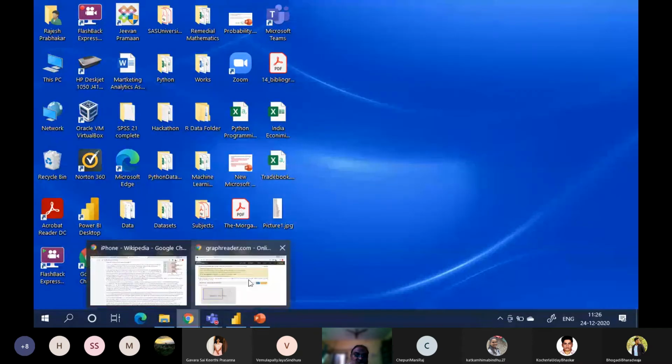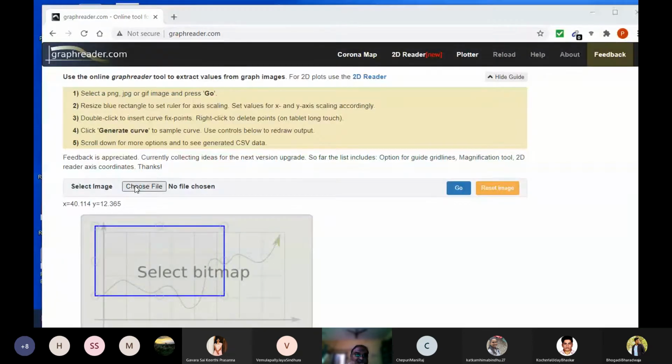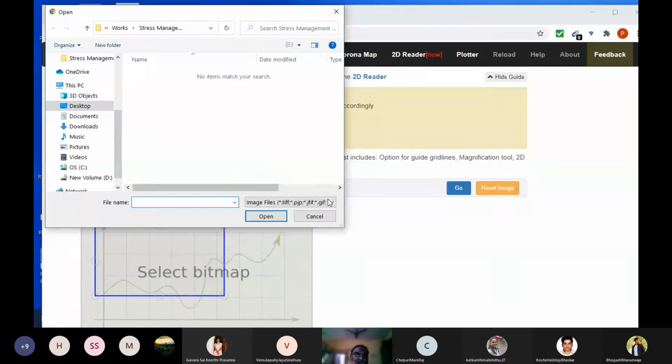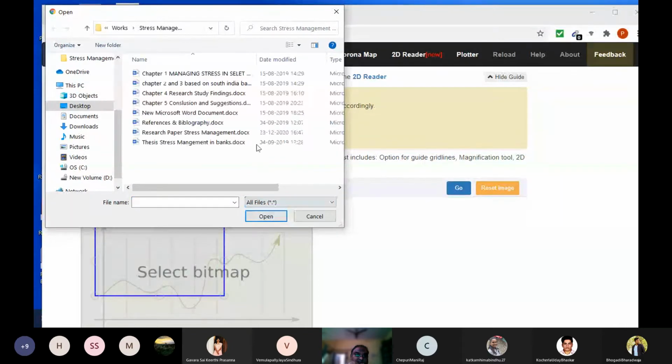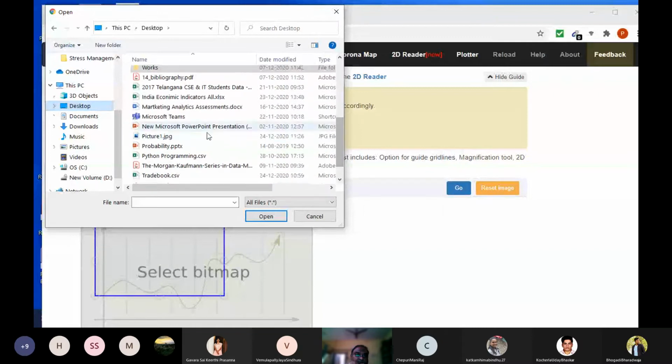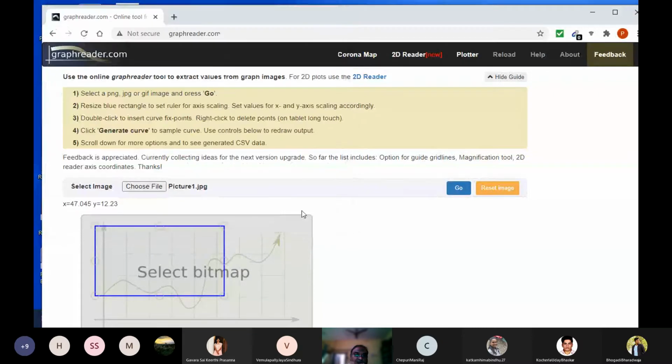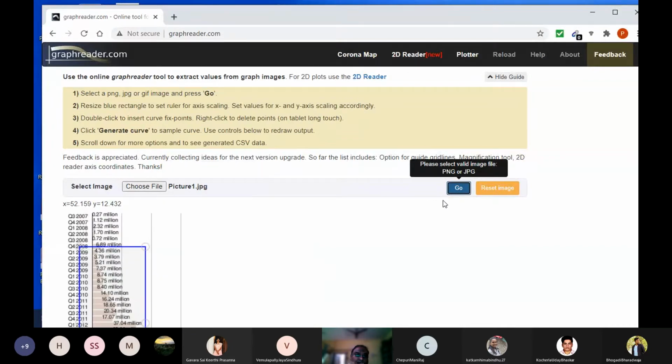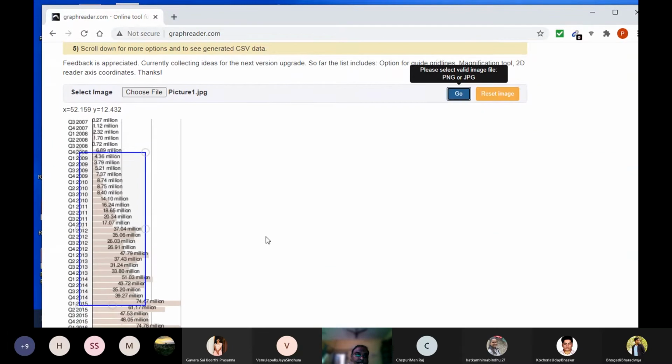Now let us see if we can read it. Choose file, desktop, all files, then picture one, open, go. What is it saying?